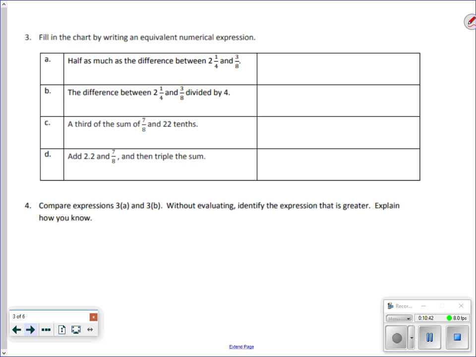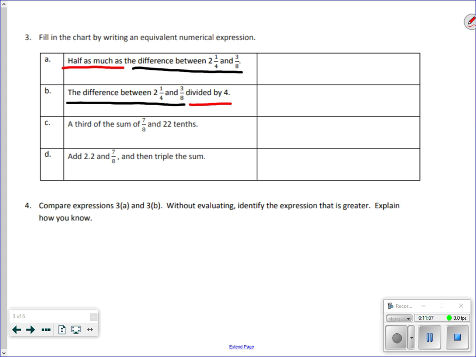So, half as much as the difference between 2 1/4 and 3/8. That's what the two different color highlighters are for. You don't have to do it, it helps you isolate. The difference between 2 1/4 and 3/8